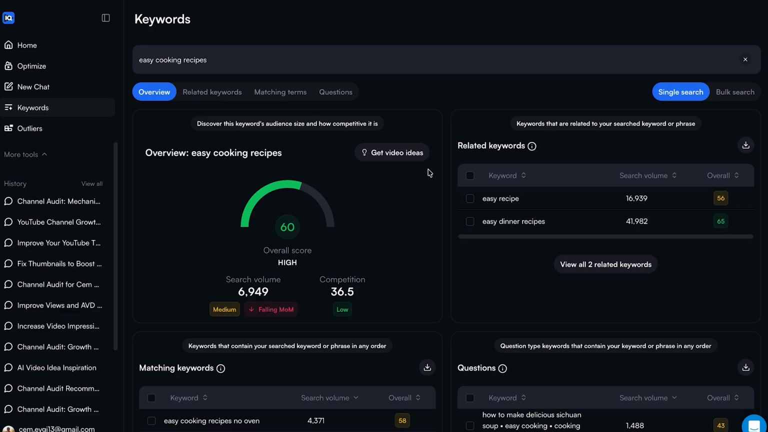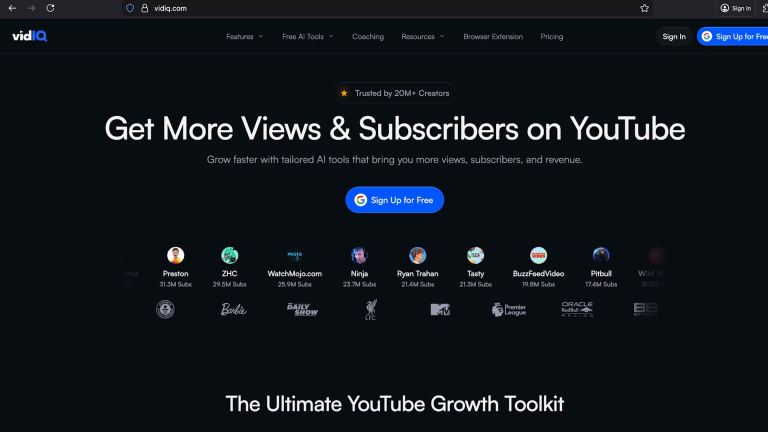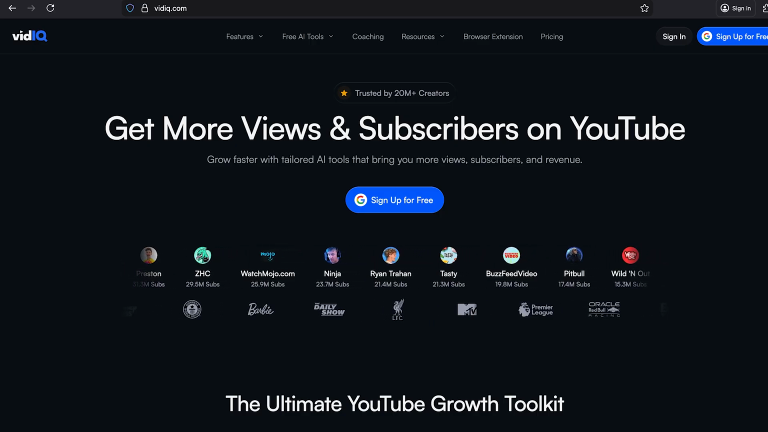And with these three powerful features, the keyword research, the outlier feature, and the remix feature, you can find almost unlimited video topics and high potential video topics that will most likely perform great for your channel as well, quickly and instantly. If you need more information about VidIQ and how to use these features,